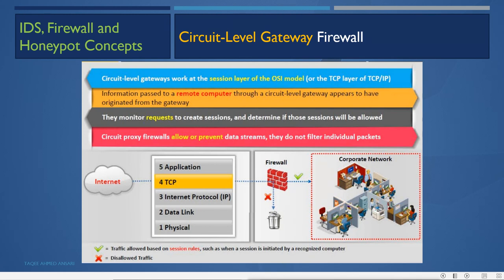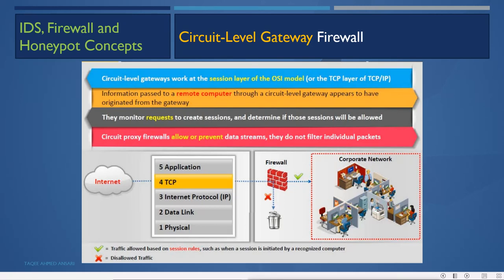So circuit level gateways manage the circuit sessions. When a TCP connection is established, it creates sessions, and this circuit level gateway monitors those sessions. Circuit proxy firewalls allow or prevent data streams. They do not filter individual packets; individual packets are filtered by the packet filtering firewall.